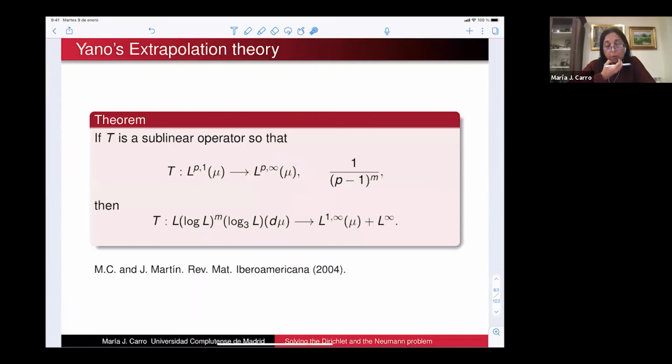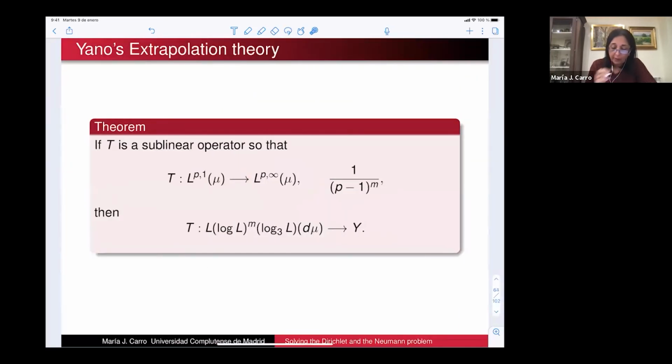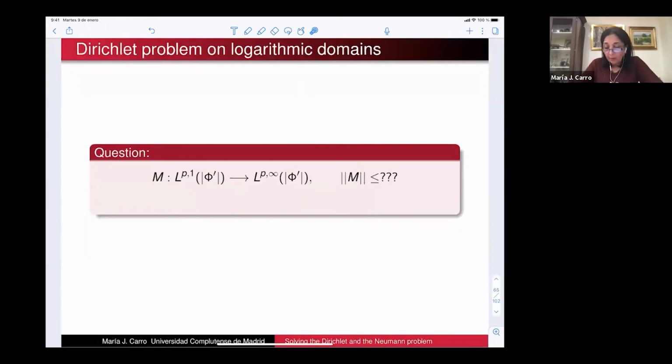Now, for our purpose, this was not a good result because it turns out that that space is not a reasonable space because of this part of L infinity. But in fact, this theorem we also improved a little, and we found that it arrives at some reasonable space, and therefore this is the theorem that we can apply for our purposes. So the question that we need to study